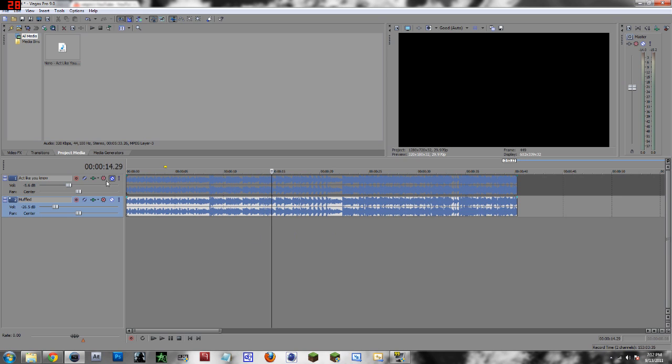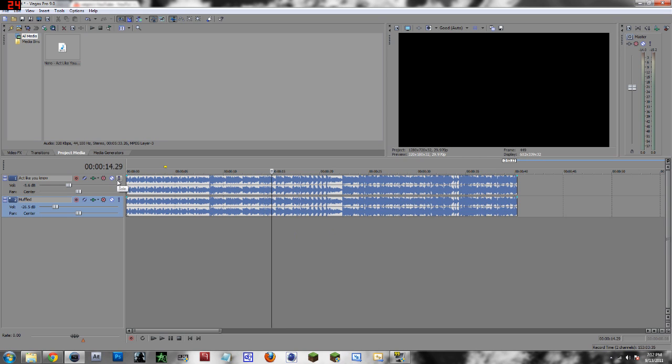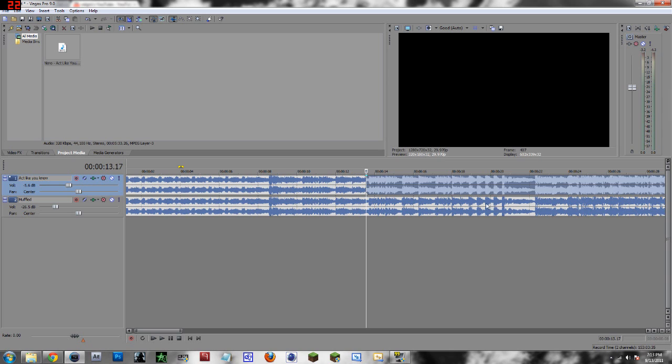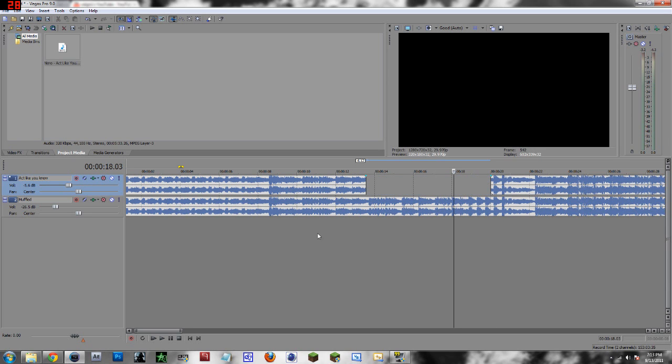Okay, so now if you want to make a specific part of the song be muffled and another part not be muffled, what you can do, as long as your top track is the original song, is simply click on the point where you want to start the muffling, hit the S key on your keyboard, click on the part where you want to stop muffling, and hit the S key again. Delete the center section, and now when you play the song,